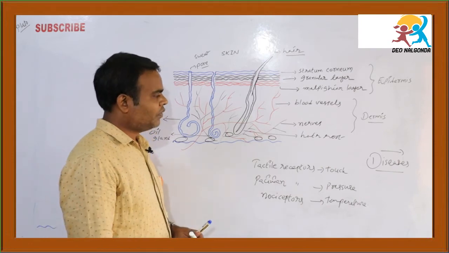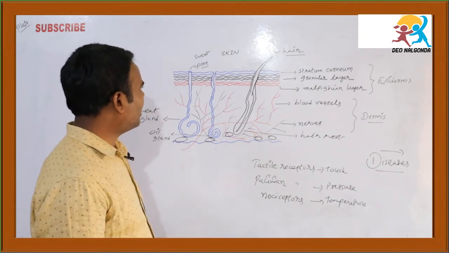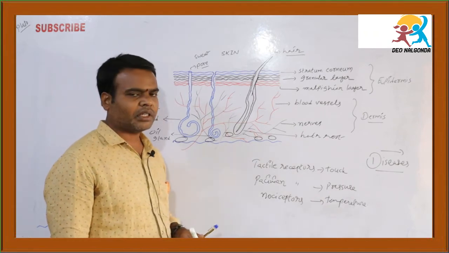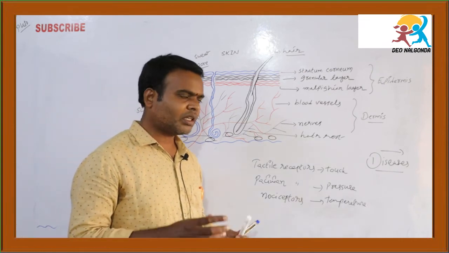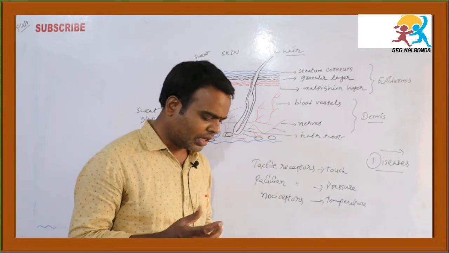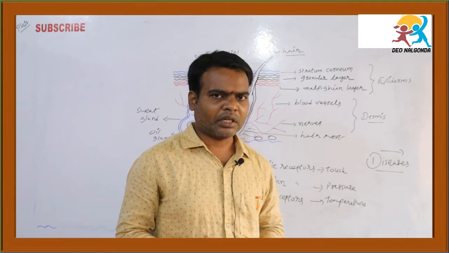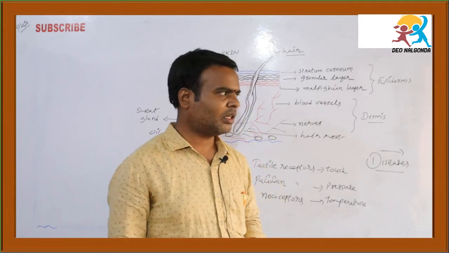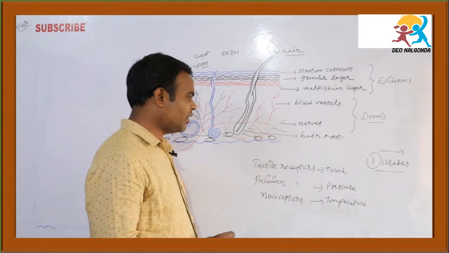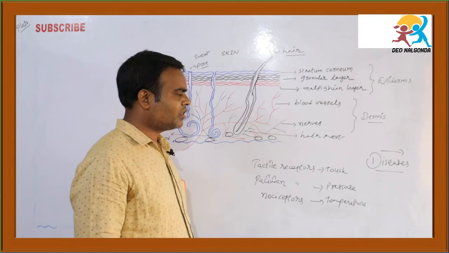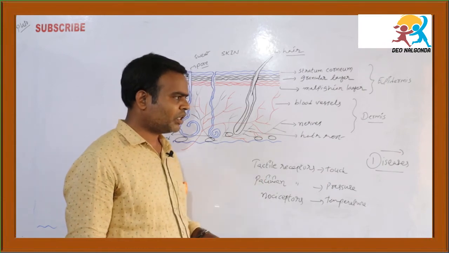Okay, now these are the two parts in the structure of the skin. And coming to the functions, the skin plays a vital role, especially as it contains different types of receptors. You know that the eye contains the photoreceptors, the ear contains the auditory receptors, and the nose and tongue, I told you, are chemoreceptors. But when you observe the skin, it contains various types of receptors. Generally we know that the sense of touch is related to the skin, but not only that, different functions are done by the skin.